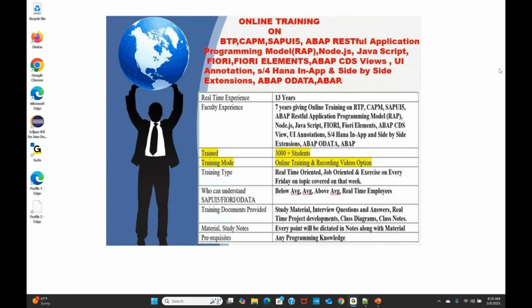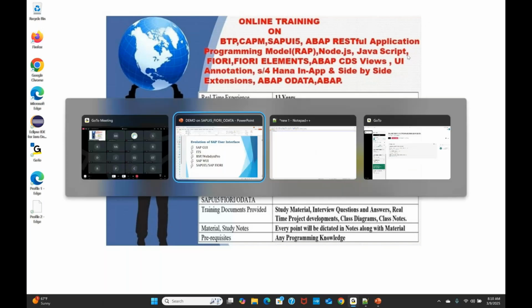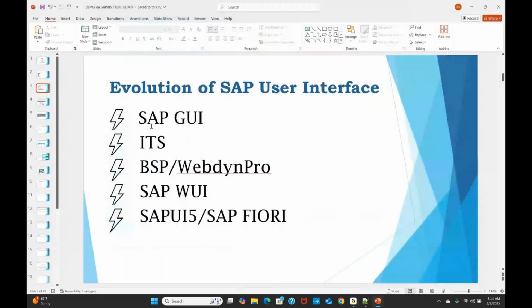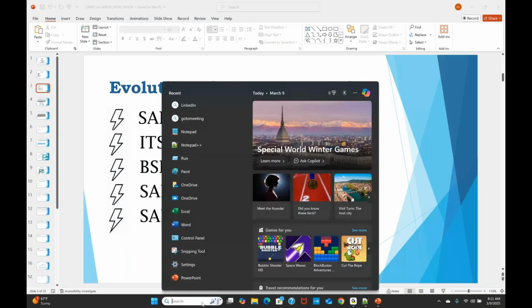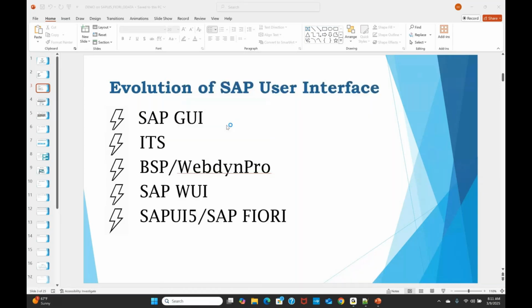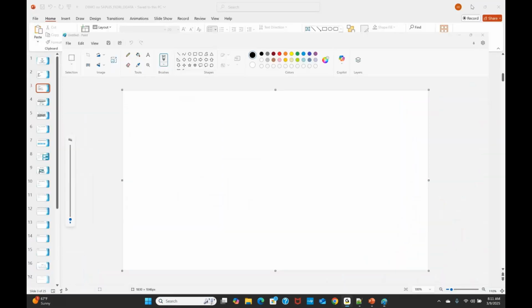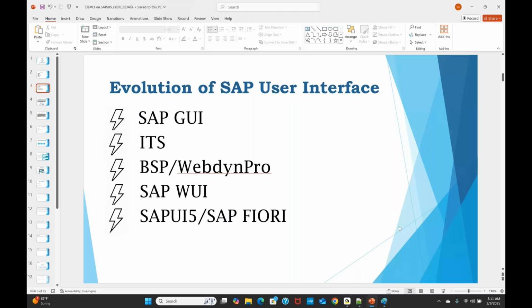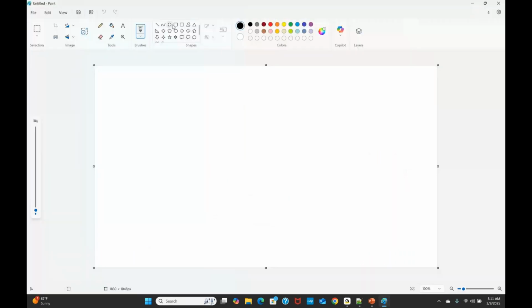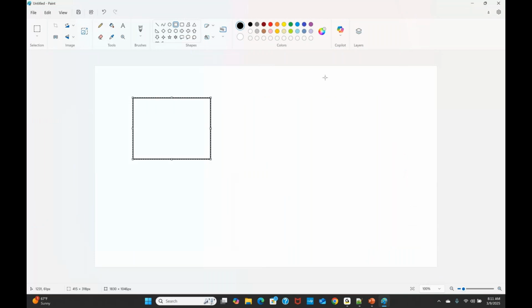So during that time, the architecture we used to have, I'll show you. One is called the SAP GUI, another one is called the application server.